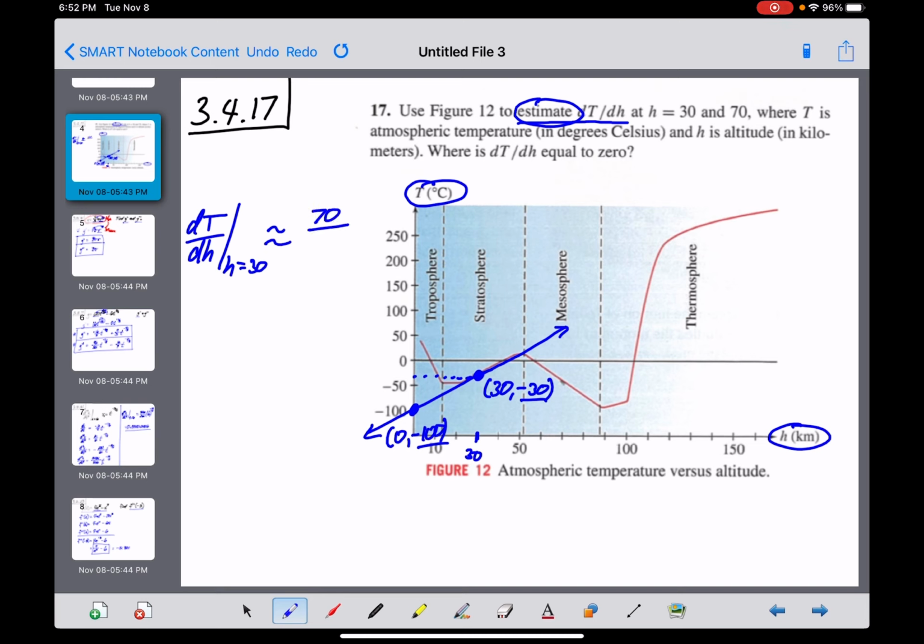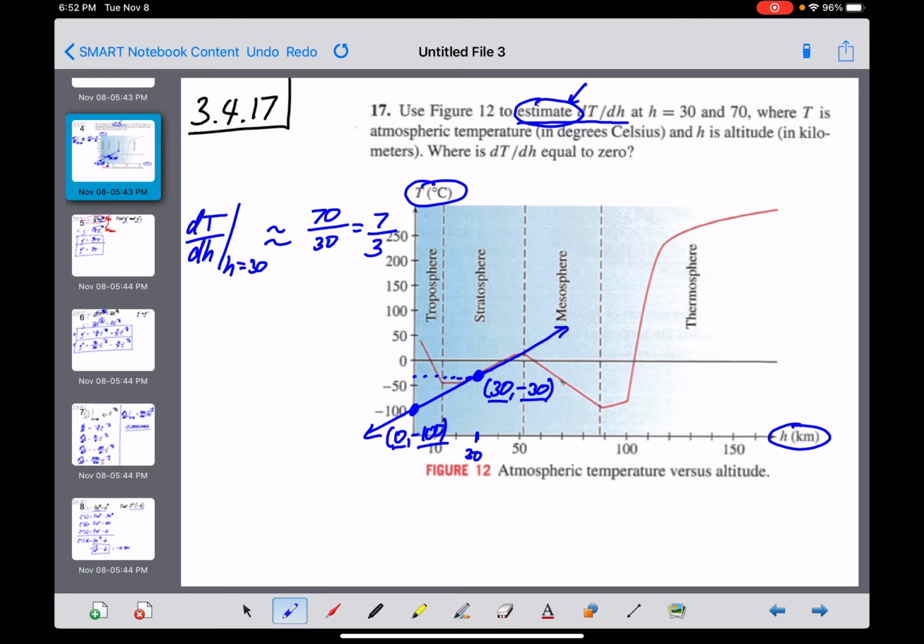And then our change in h on the bottom would be 30 minus the 0. So I'm going to come up with an answer of about 7/3, but if you got an answer that was anywhere close to that, like for example 2 is relatively close to 7/3, I think that'd be a pretty acceptable answer. When they're asking you to estimate, and especially with points that you're just eyeballing,